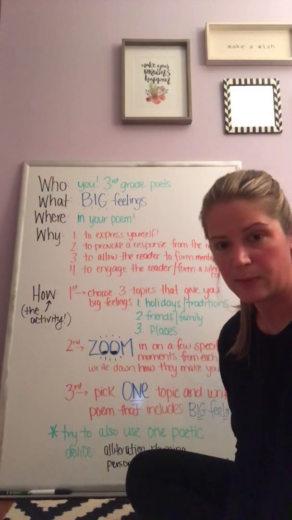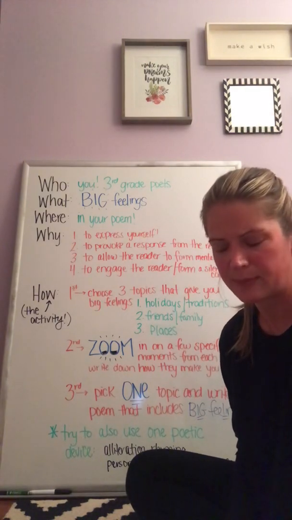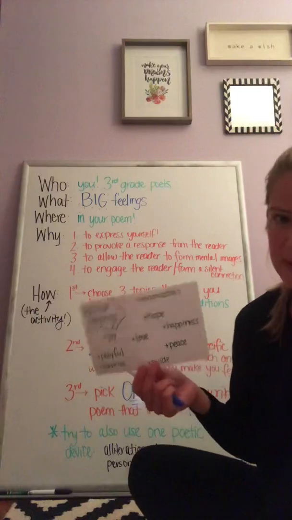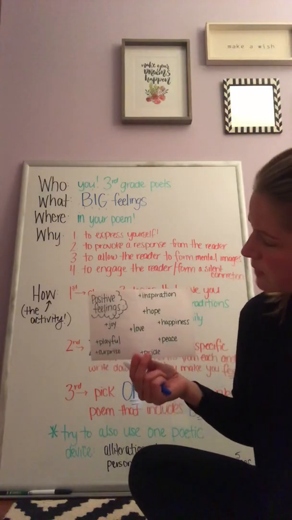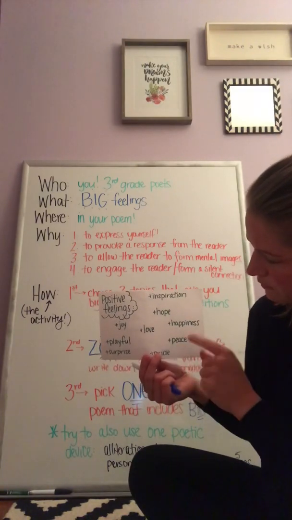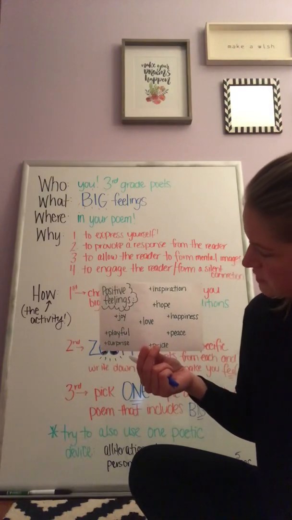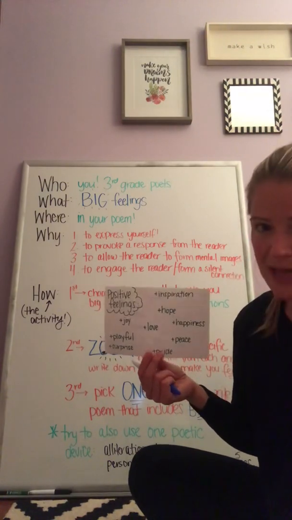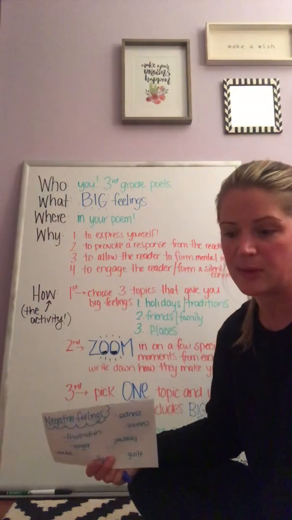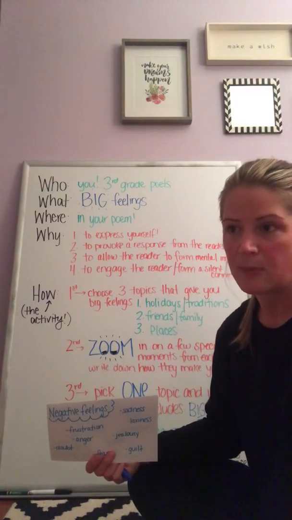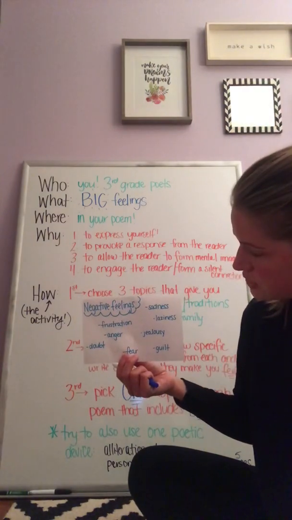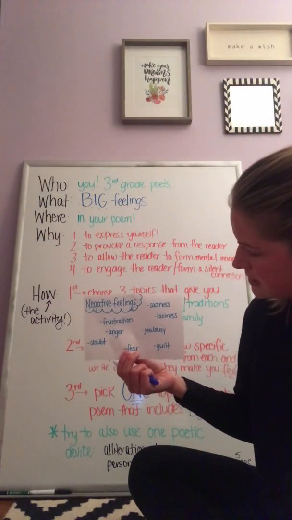Again, the checklist template will be up, and also an example for you. I'm also going to post this little sheet of paper that gives you just some examples of positive feelings to write about. So people, places, or things that give you hope, that show you love, peace, joy, inspiration, surprise. Those are all positive feelings that one could have. On the other side, you can also feel negative feelings. If it's helpful to you to write something about a negative feeling that you have, that's perfectly fine. So some negative feelings that you could be feeling are frustration, anger, doubt, fear, sadness, or guilt.